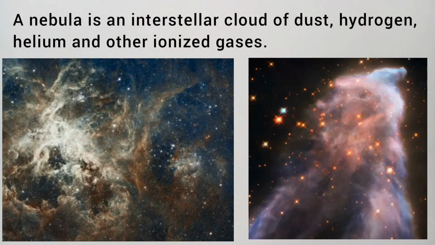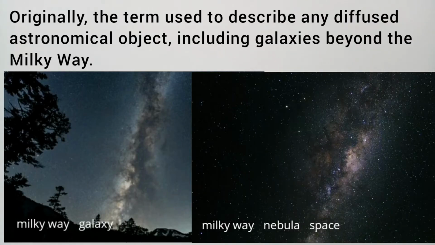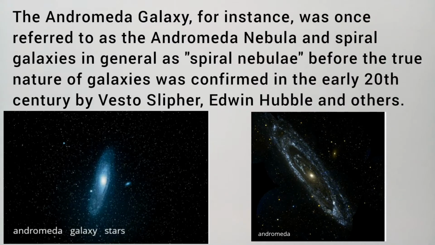A nebula is an interstellar cloud of dust, hydrogen, helium and other ionized gases. Originally, the term was used to describe any diffused astronomical object, including galaxies beyond the Milky Way. The Andromeda Galaxy, for instance, was once referred to as the Andromeda Nebula and spiral galaxies in general as spiral nebulae, before the true nature of galaxies was confirmed in the early 20th century by Vesto Slipher, Edwin Hubble and